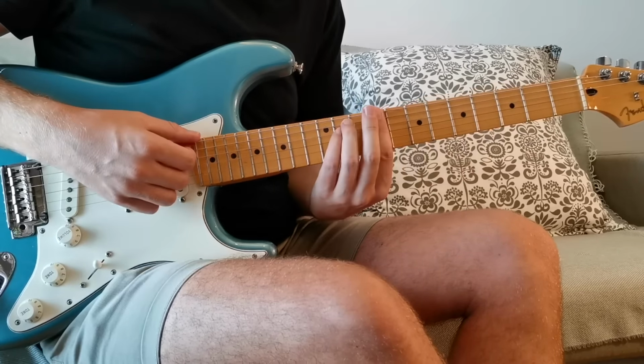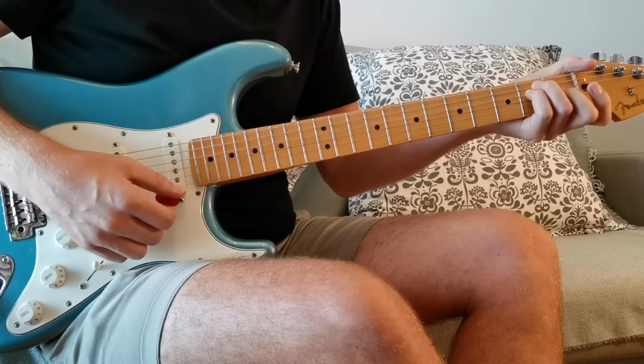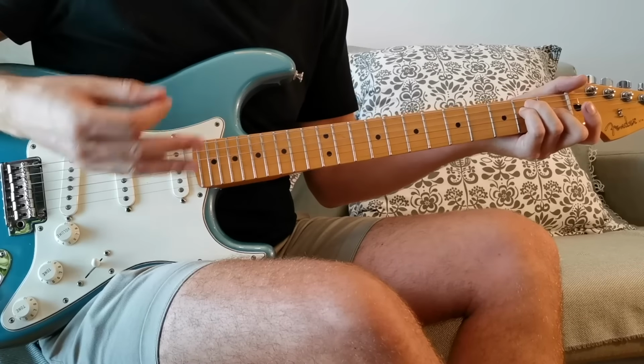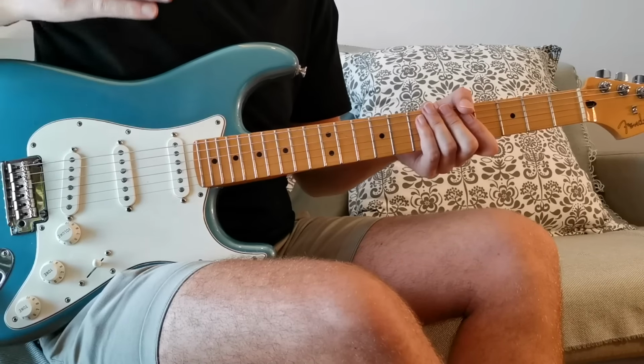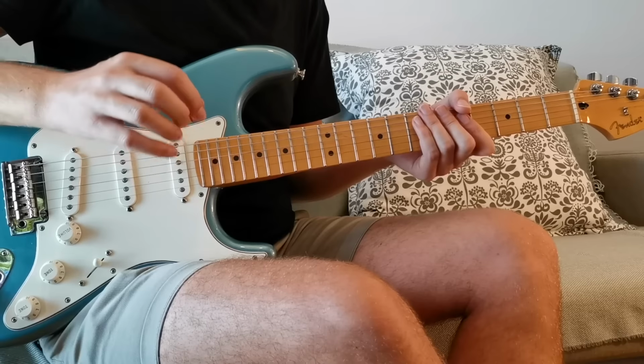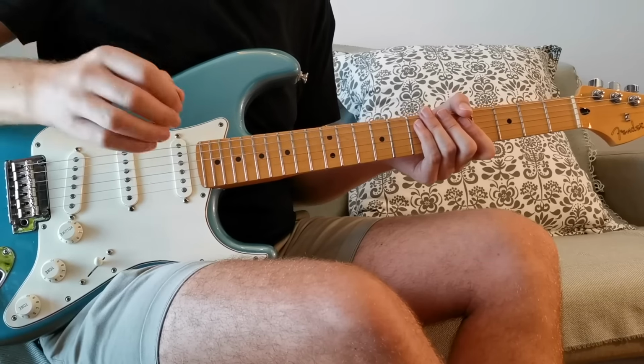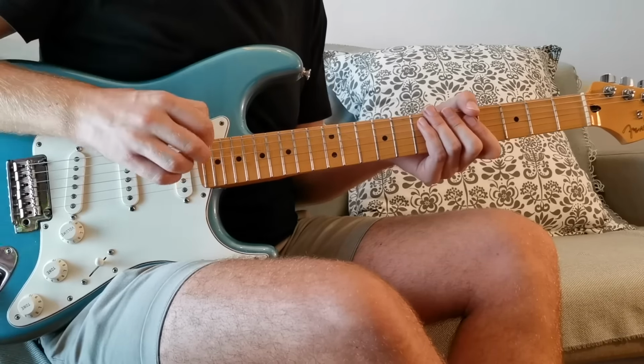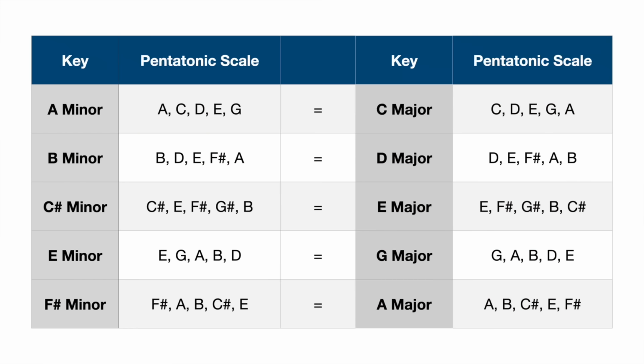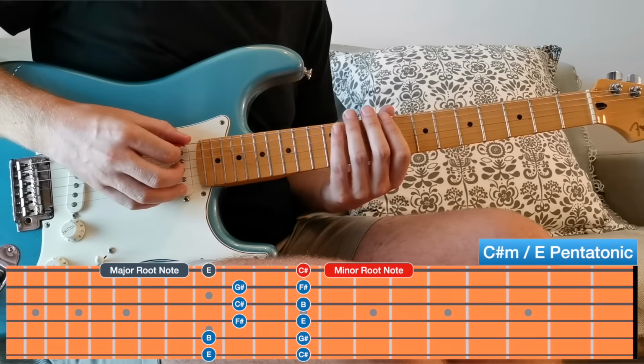So it has the sense of starting minor and ending major, and it's incredibly common that songs move between minor and major in this way, and demonstrates a really important point that we can use the same pentatonic shape over both minor and major. This is because every minor key has a major key with exactly the same notes, known as the relative major. And our first position pentatonic shape